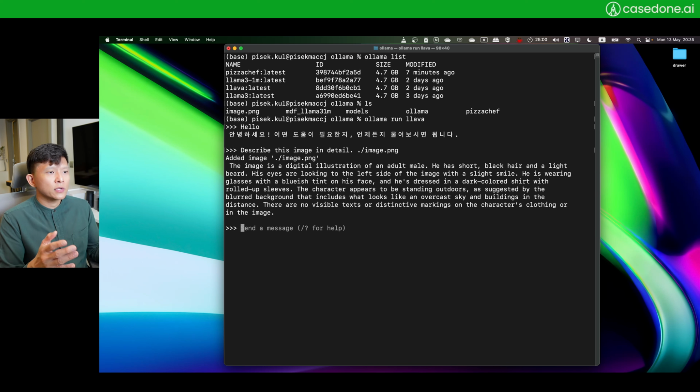The character appears to be standing outdoors. Incorrect, but whatever. As suggested by the blurred black background that includes what looks like an overcast sky and buildings in the distance. There is no visible text or distinctive markings on the character's clothing or in the image. Correct. So it's doing a decent job at explaining this image to me, but